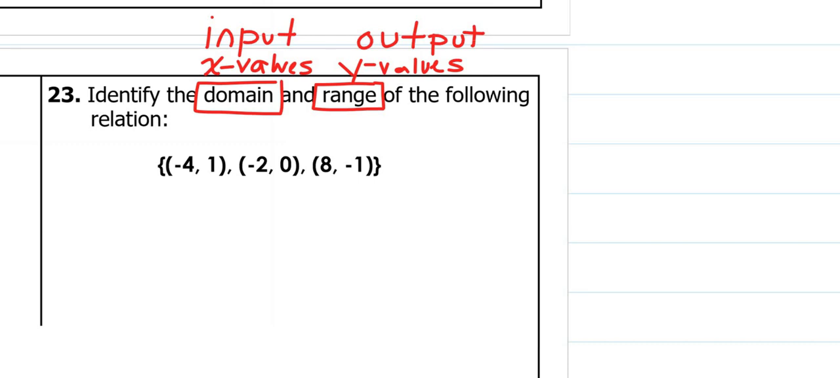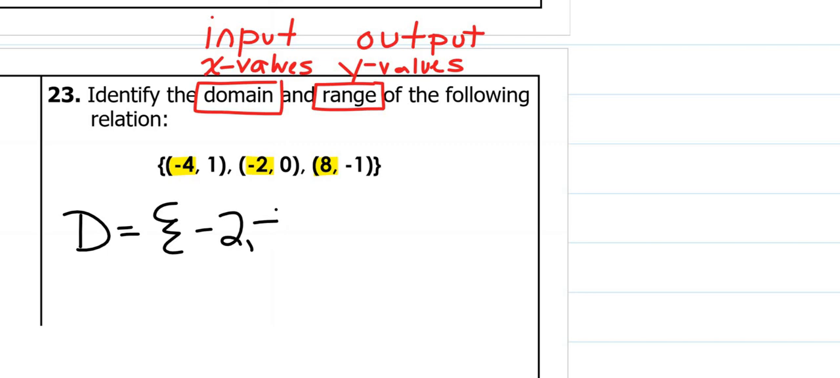We have a bunch of coordinates. So our domain is going to be all of our x coordinates. So negative 4, negative 2, and 8. We like to write these in order. So for our domain, it's going to be in set notation, negative 2, which is the smallest, negative 4,